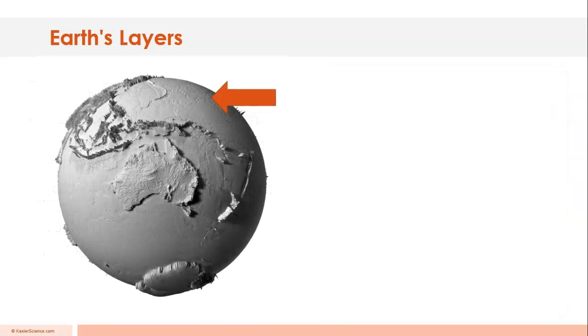So here we have a globe where we've removed the oceans, we've removed the water. So now we're just seeing the crust. We are just seeing the land itself, both the land that is the base of the oceans, the seafloor, and the land that makes up the continents. We've even taken away the vegetation, the grasses and the trees and things of that sort. And so the parts that stick up there are either continents. For instance, here we have